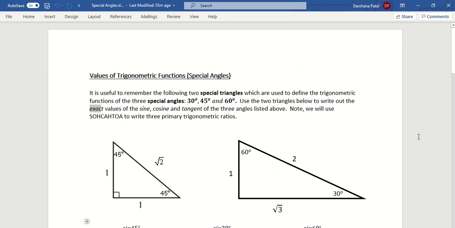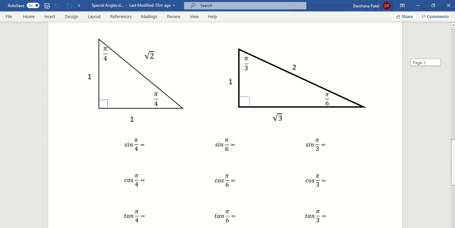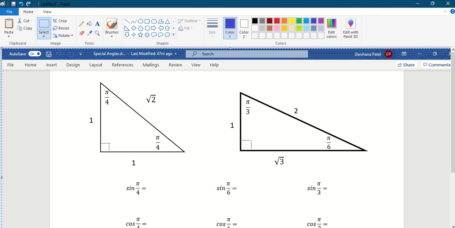Now let's say same thing if you wanted to look at in terms of radian measure. Radian measure looks like this. So 45 is pi over 4, as we saw earlier. So let's quickly write them. This is 45 degrees, this is 45 degrees. So pi over 4, pi over 4. Same triangle like previous, 1, 1, root 2. And the other one is 1, root 3, 2, where pi over 3 is 60 degrees. Pi over 6 is 30 degrees. So before we saw in degrees, now these are in the radian mode. So let's see how we would deal with it if it was in radians.